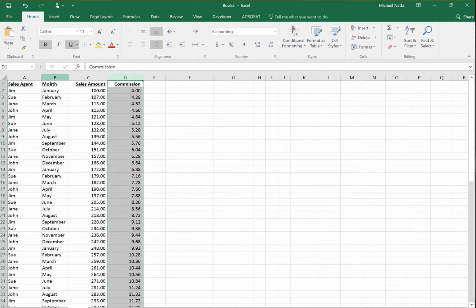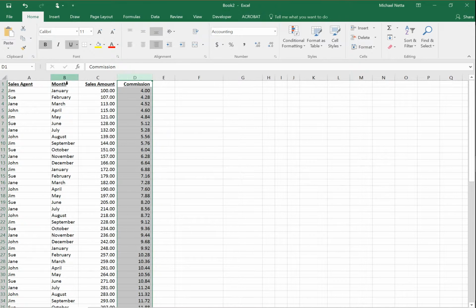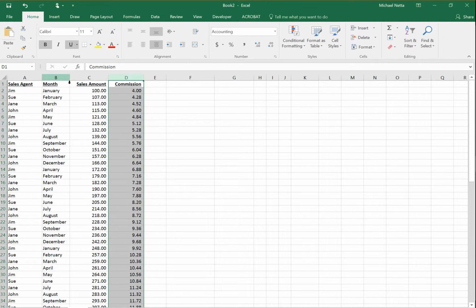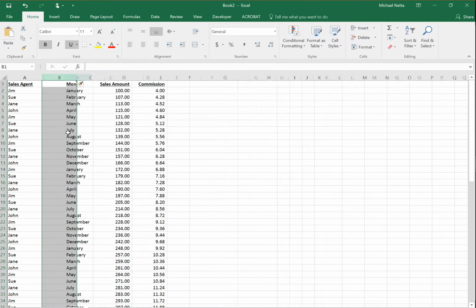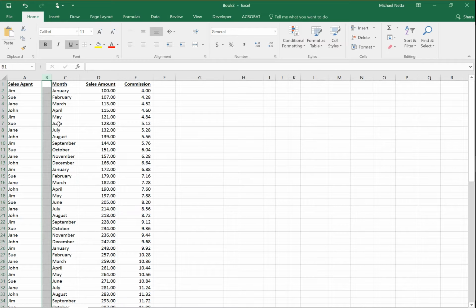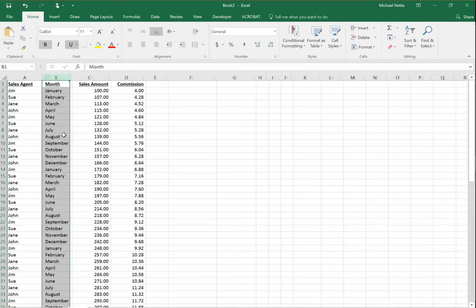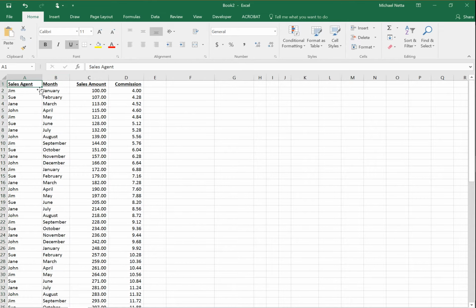Sometimes you'll see a spreadsheet where, instead of formatting by opening up or closing the column and playing with the column width, some users insert columns in order to space out the data for when they print it. If your source data has spaces between the column headers, you need to delete them. Once you delete them and you have a continuous string of data, you could highlight that data,